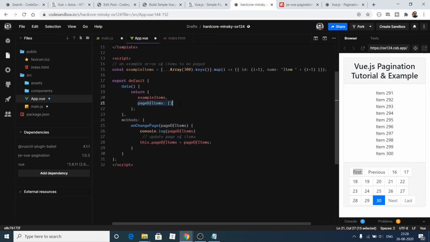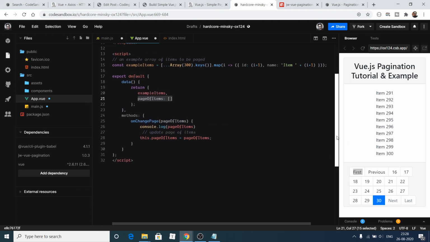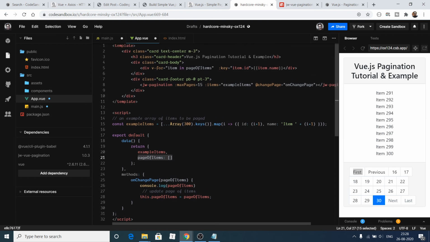This is an empty array for starting the Vue.js application. Whenever the page changes, this callback function will execute, holding the page number that the user has selected. Depending upon it, we have set this object, page of items, which will hold all the items available on a single page. So we have declared this array of items.